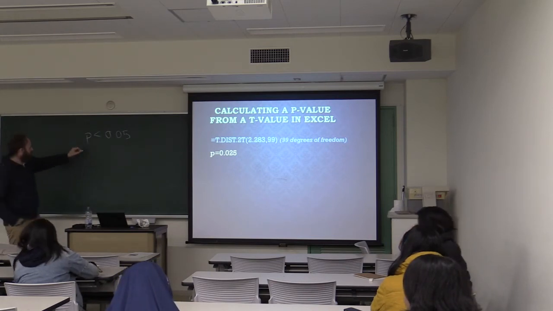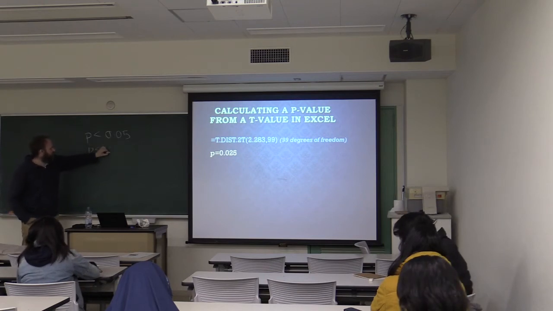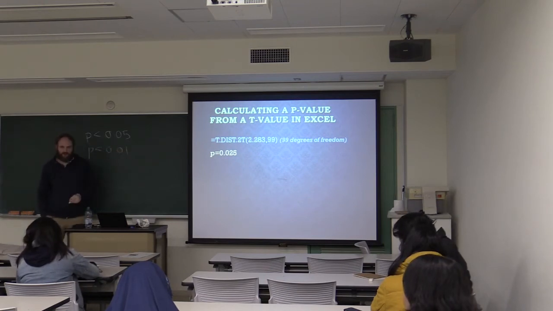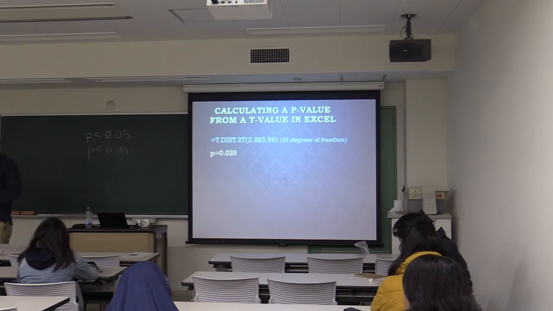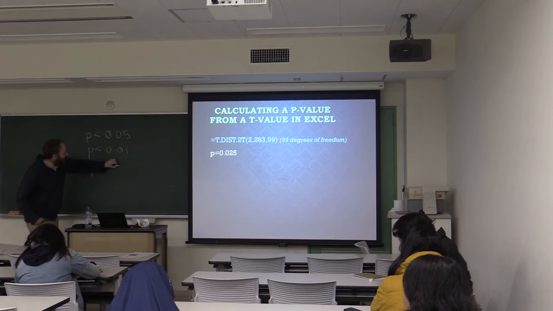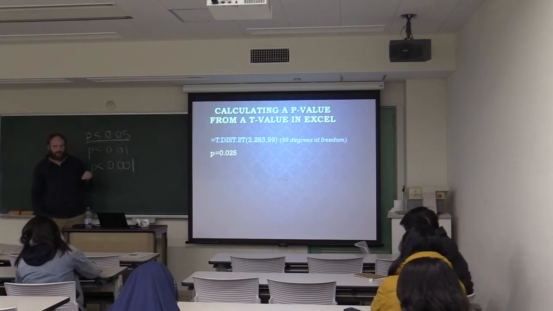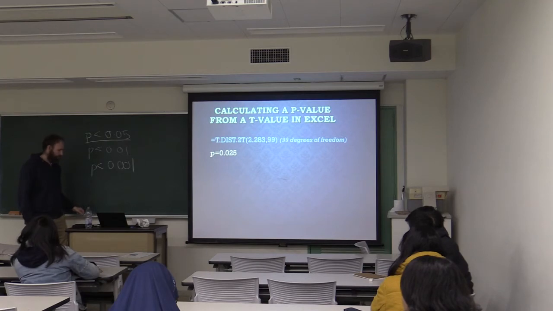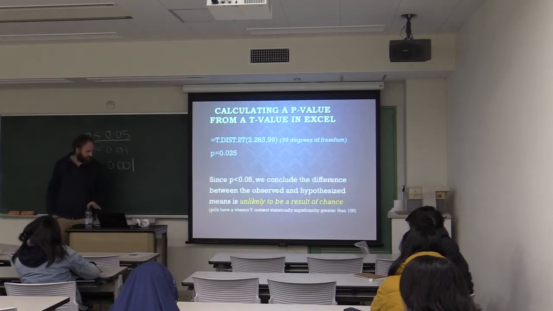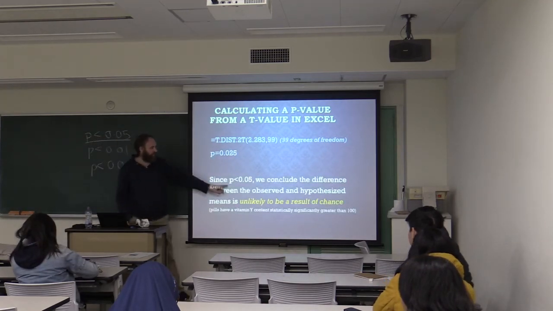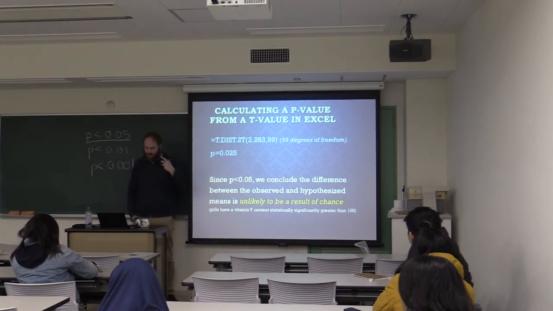P being less than 0.01 is very significant. P being less than 0.001 is extremely significant. So this is below 0.05. So, because P is less than 0.05, we accept that the